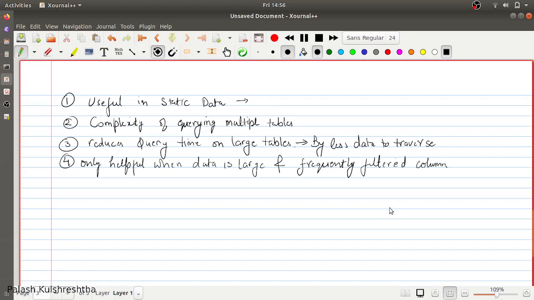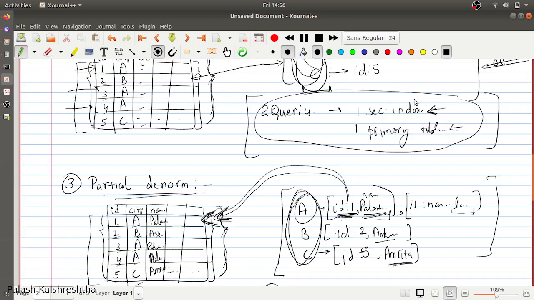Another point is that it increases complexity. In the index table pattern, you have to create custom logic for querying multiple tables to get particular data. For example, first you have to search on the denormalized table. If it is a partially denormalized table, then you have to check whether the columns you are retrieving are present in the denormalized table. If they are present, then well and good, return the response. If they are not present, then you have to query the main table. So that makes your operation complex.